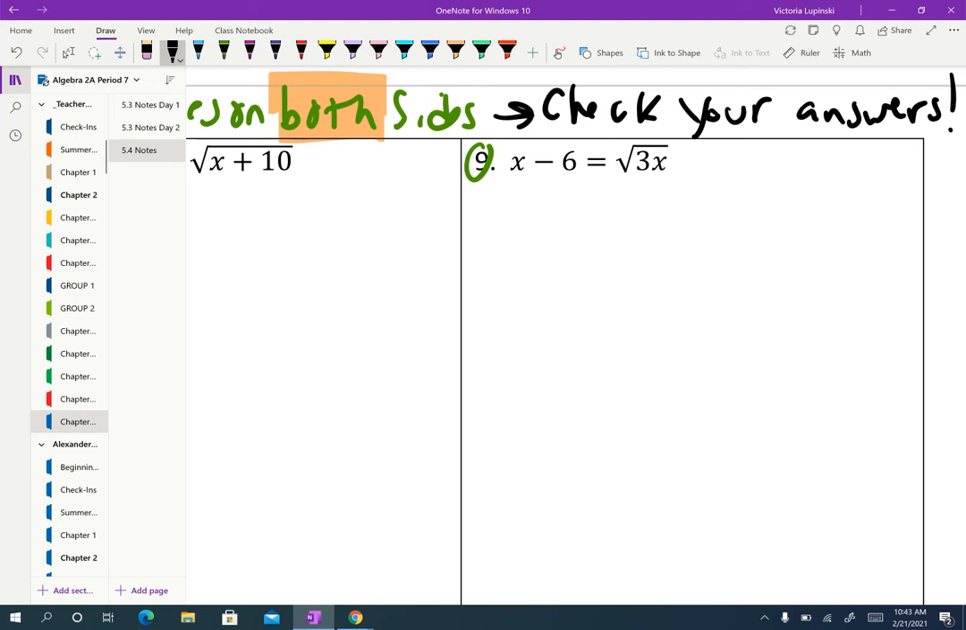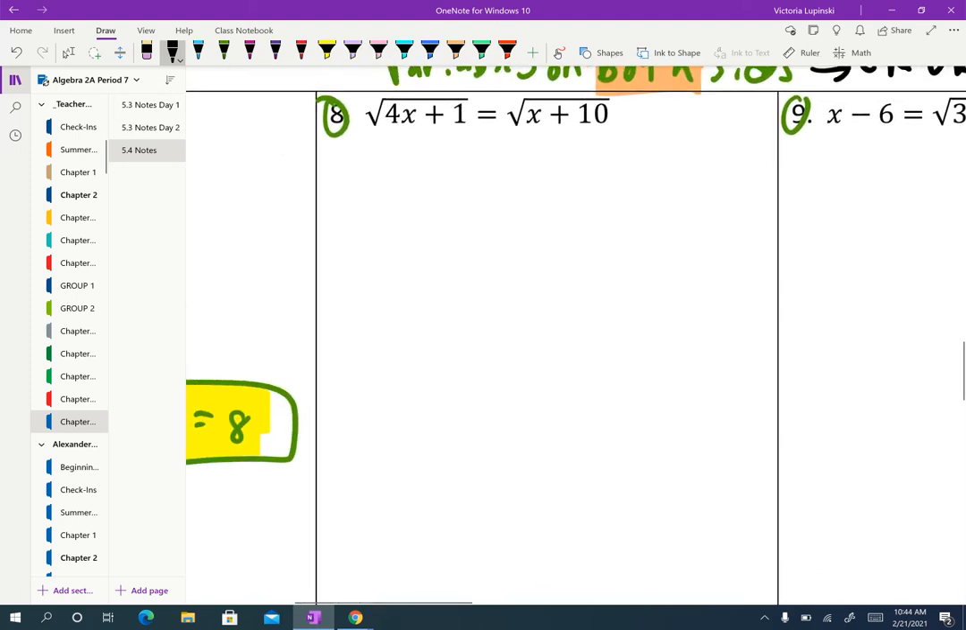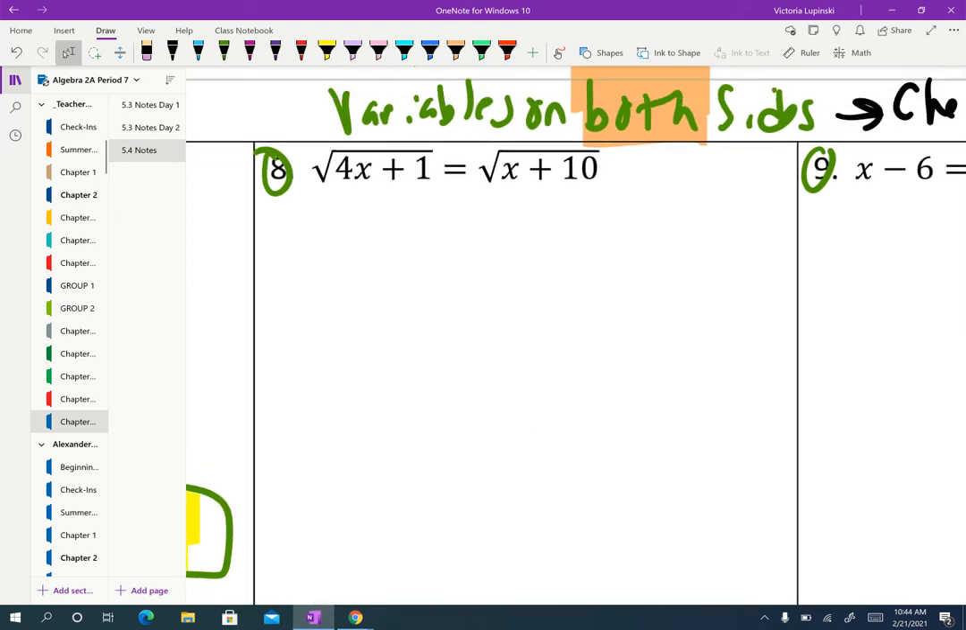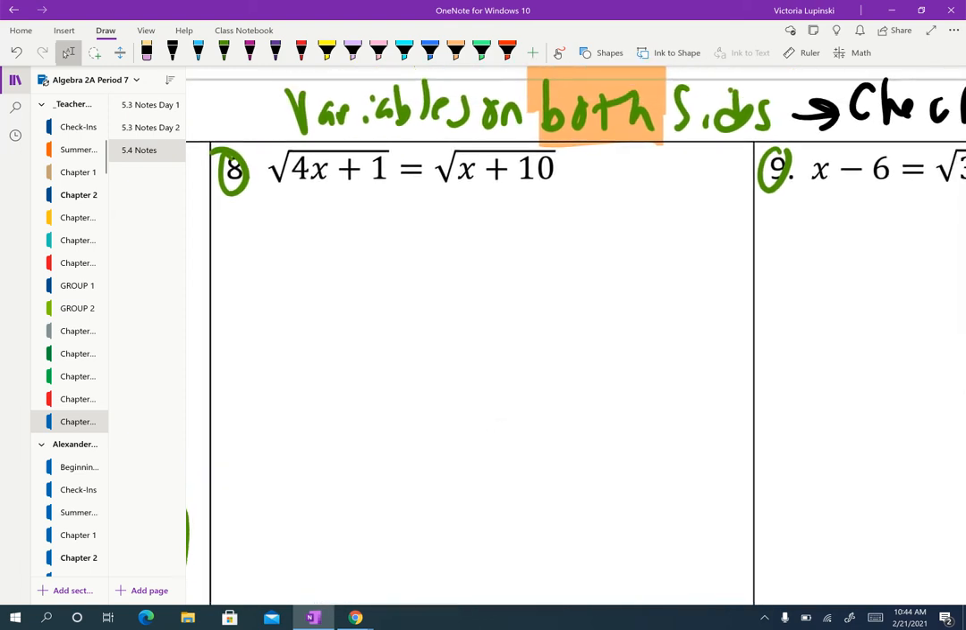And again, the reason why you are required to check your answers here is because of the fact that you have variables on both sides. If you don't have variables on both sides, you don't really have to worry about checking your answers. But again, it's pretty quick to do, so it's a pretty good practice to get into if possible. Number 8 is actually kind of the dream, though. As far as variables on both sides go, this is kind of the best case scenario because not only are